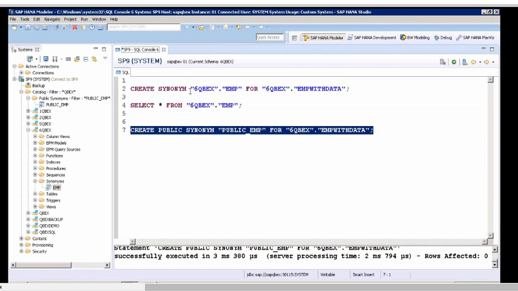It's the same, right? I'm going with a normal synonym and schema. Now, my question is straightforward. You created a table with EMP with the data. Then you're creating a synonym saying EMP, and that is accessed by everyone. Instead of creating a synonym, why don't you create a table with the same name as EMP? That's the question.